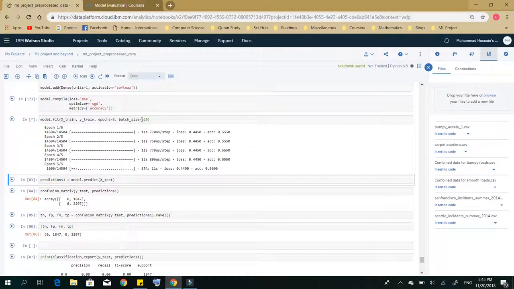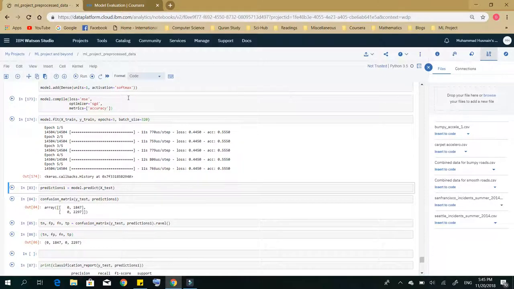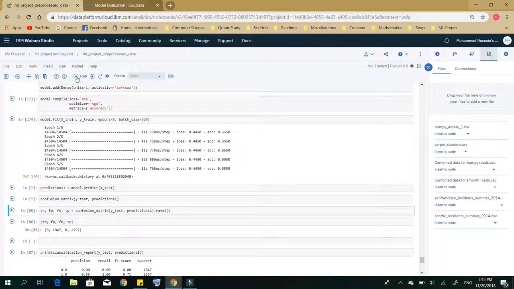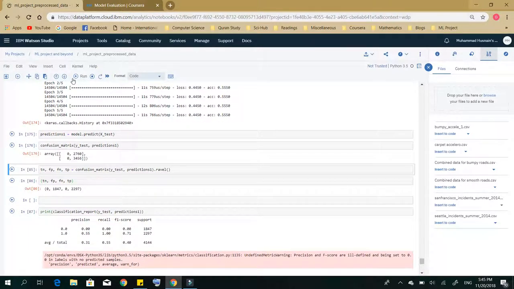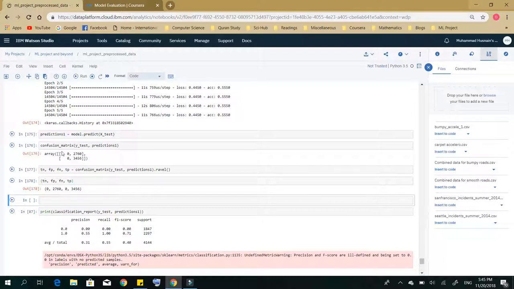We have a batch size of 320 and 5 epochs. Let's see, so we are close to 56. The mean square error is 0.44. So we now print a confusion matrix for our second predictions. We see that there's pretty much a little score. True negatives are 0. That means it is not classifying the class at all. False positives are 2760. False negatives are 0, which is good. True positives are